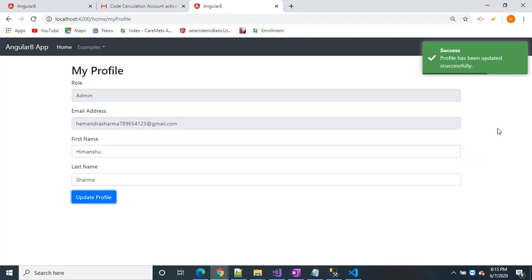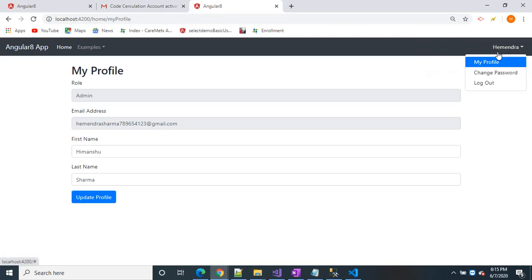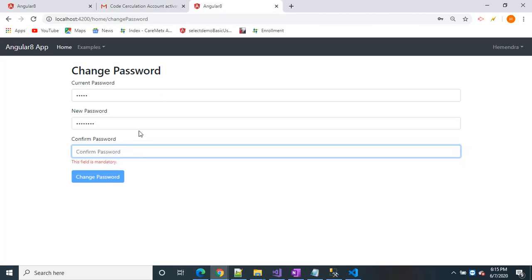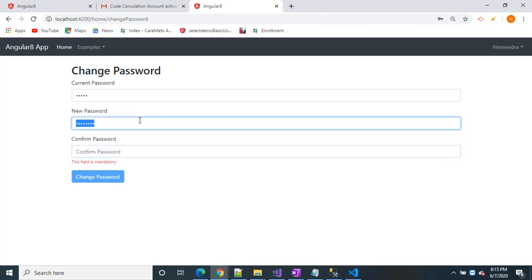My profile has been updated successfully. Let's change the password. Let's check some validation. Let's check the server side validation when the user enters the current password wrong.